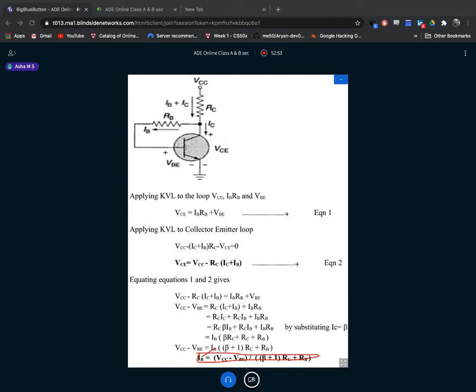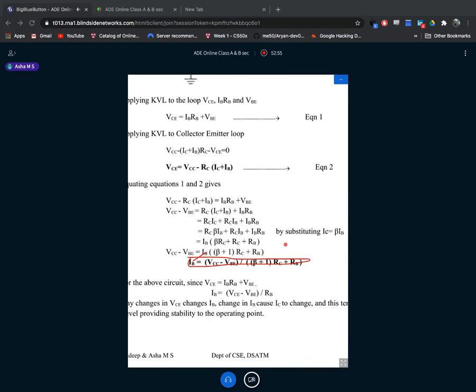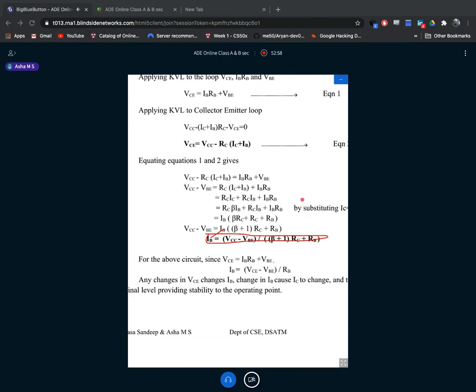So we were interested in calculating IC and VCE. Why did we want this? For the operating point. Why do you need this operating point? So that the transistor works properly. So what work is the transistor doing? The transistor is doing amplification work. So I hope you got to know the story, right? Any doubts here? Any doubts?